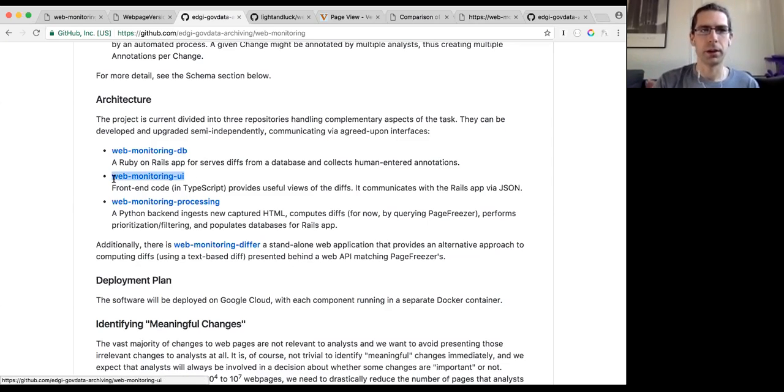UI, web monitoring UI, is meant to be a better front end for interacting with that database. So in theory, this is a thing that should replace the spreadsheets from the analyst's perspective. They'll use the UI to work through changes and annotate those changes and view diffs rather than Google spreadsheets. And then web monitoring processing is meant to be an umbrella project that controls all the backend pieces that might be pulling data out of a system like Versionista or Page Freezer or say the Internet Archive or whatever, but also to control the set of services and servers